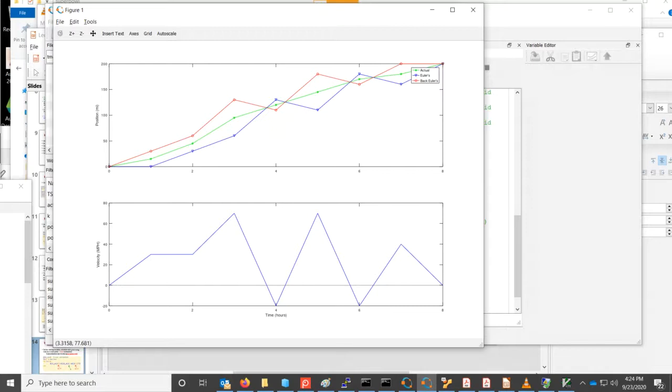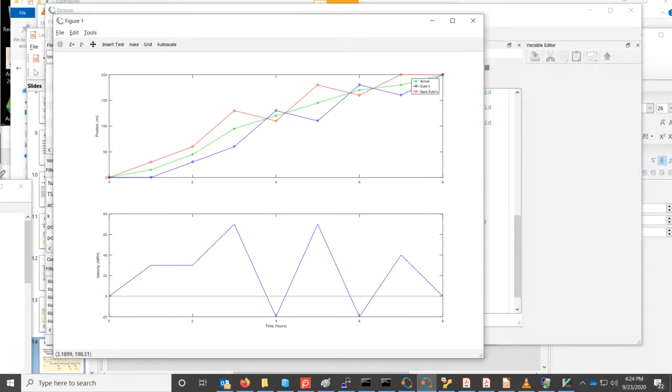Okay. But this is the Euler's approximation here. Now, the other thing to remember about this is the fact